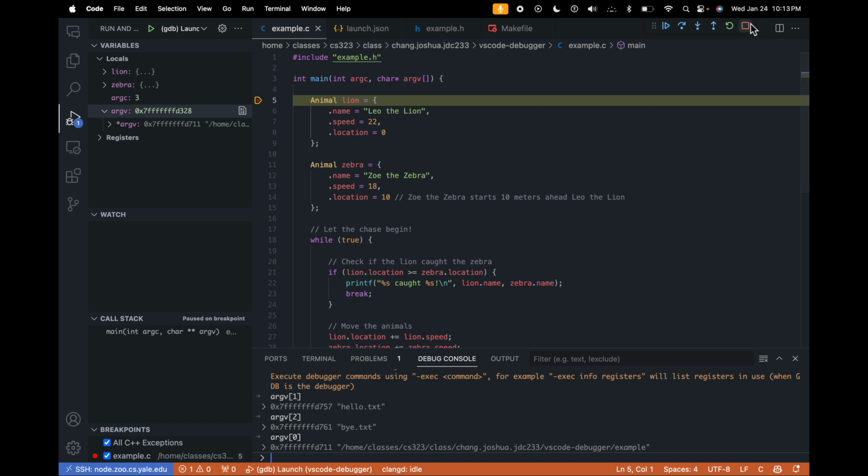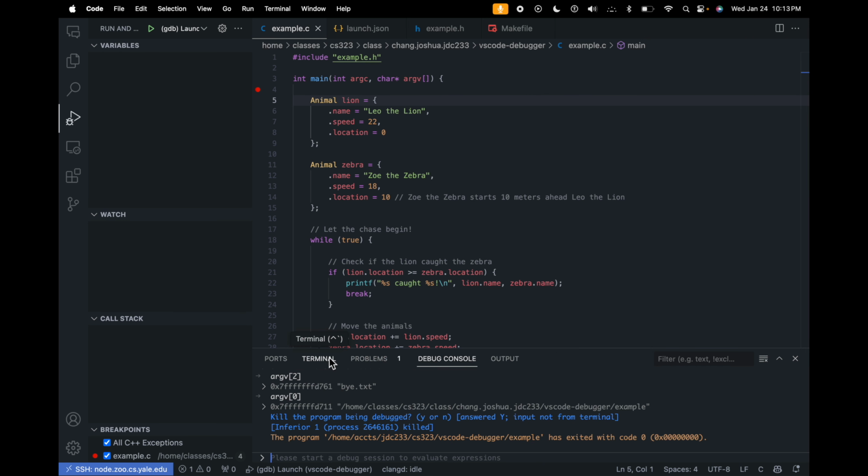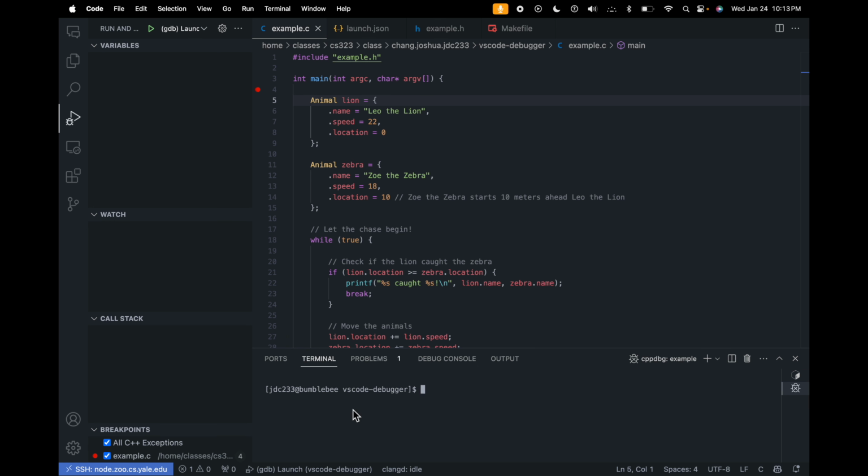You might notice a few things, just to be aware of when you're using the debugger. First thing is you need to make sure to remake the file each time you use the debugger. Or rather, each time you change the code, you also need to remake the executable. Otherwise, the debugger will be out of sync with your code and things won't make sense. So every time you change your code and you want to rerun it with the debugger, you should run make